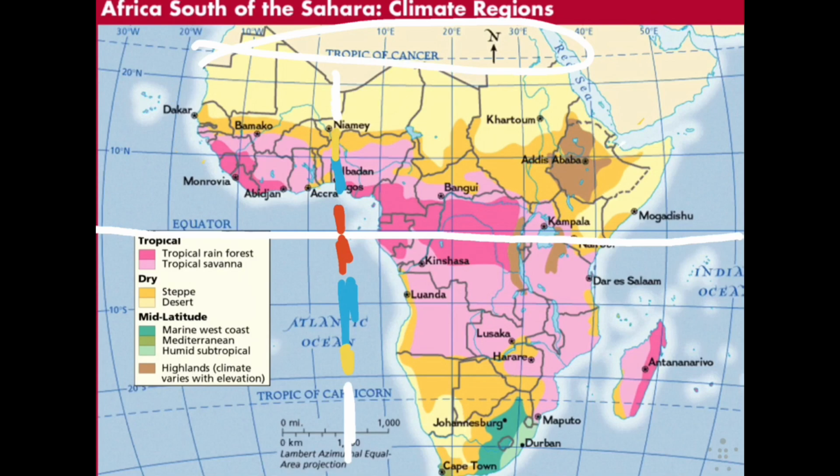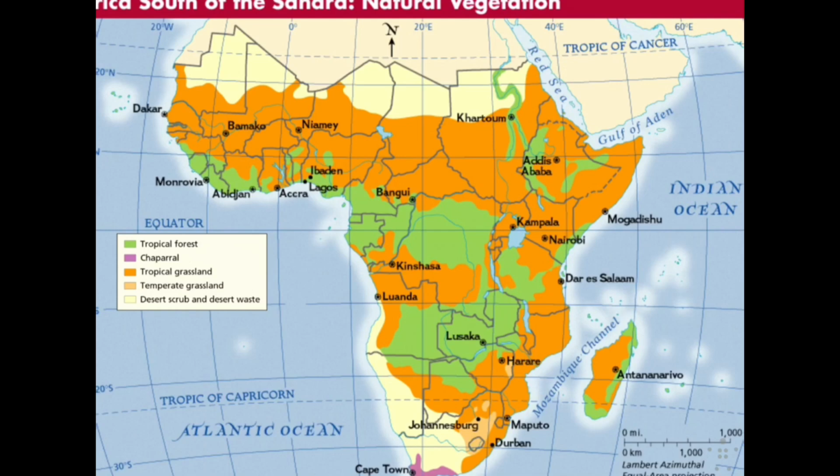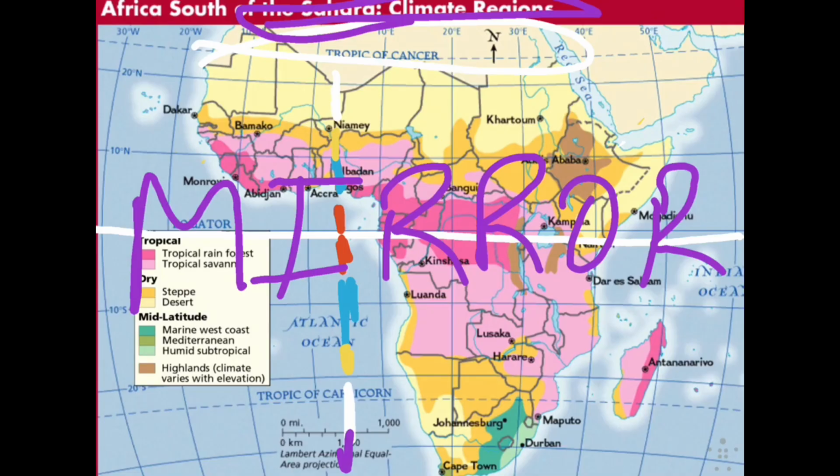Because at my far, far southern tip in this zone, I actually have Mediterranean-type climates. And at the far, far northern point of Africa, I've got some Mediterranean climates. This is just like a mirror, and the climate system can be compared to this. The vegetation looks very similar to the climate. We got a lot of tropical forest in this zone. We got a lot of tropical grasslands in this zone, and then from there we move on to desert scrub and the desert waste. Really, the only natural disaster that occurs in this region is drought, and that impacts us more and more because of desertification.